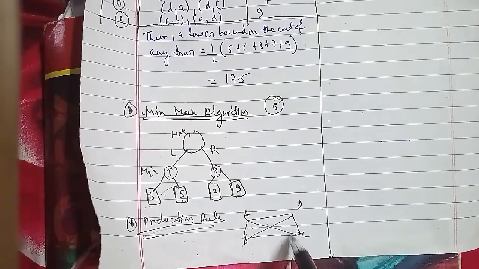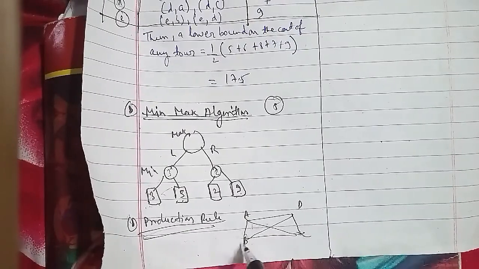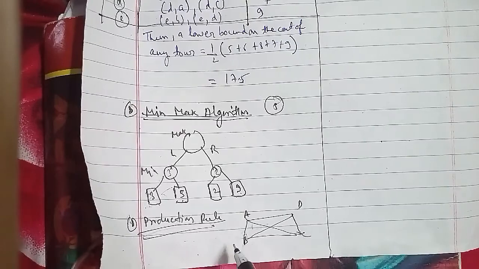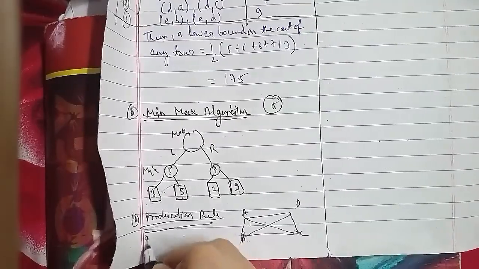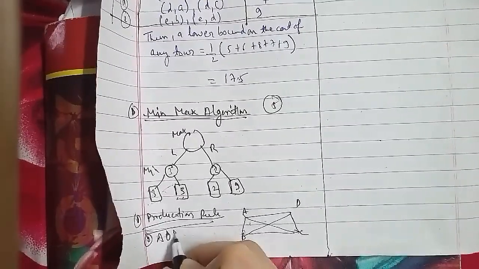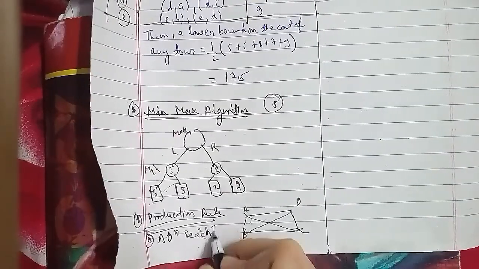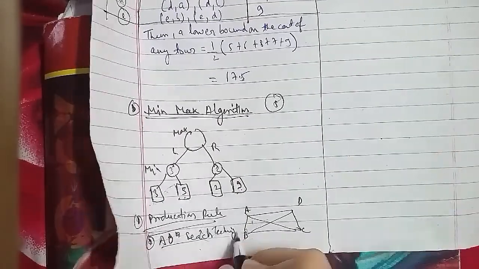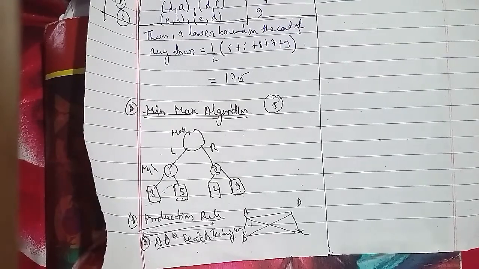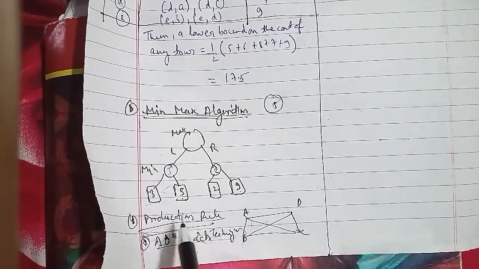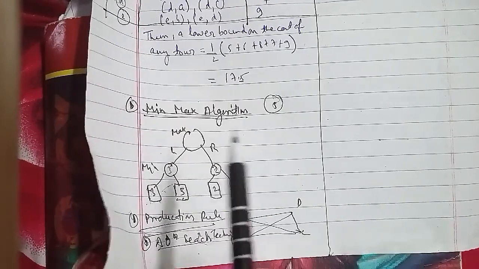And now we'll discuss the AO* search technique, which was discussed in detail in the last class, but I will tell you a short summary of it. In the AO* search algorithm, initialize the graph to the start node, and traverse the graph following the current path, accumulating the nodes that have not yet been expanded or solved. Pick any of these nodes and expand it, and if it has no successor, call this value futility.